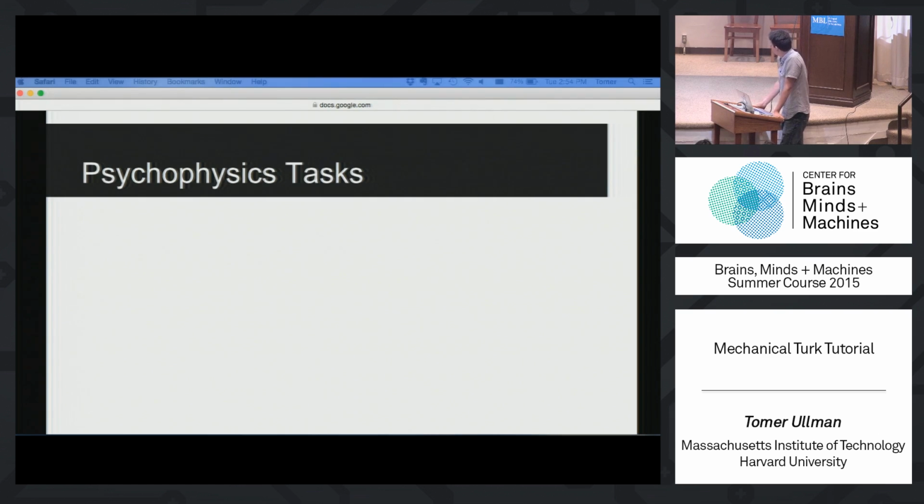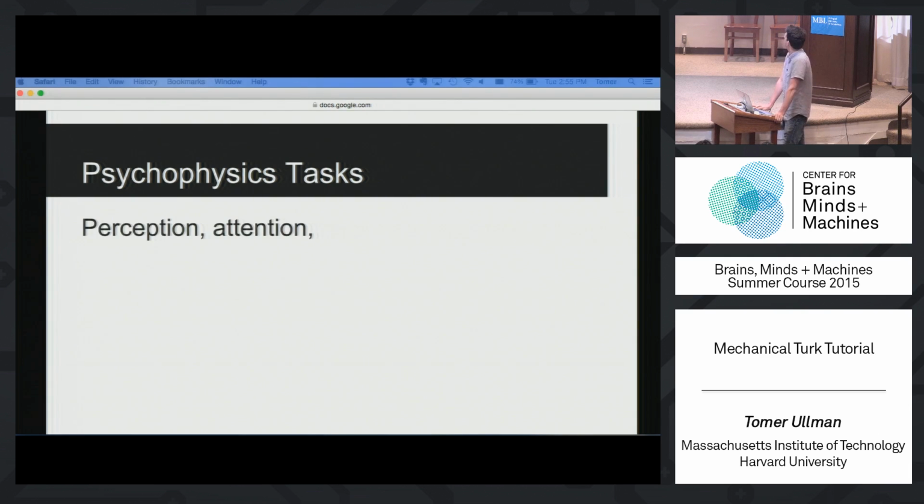But there's also psychology, psychophysics, the sort of thing that you would bring people into the lab to do, but you don't want to do for various reasons. So the idea is you could collect a lot of people responding to stuff on the screen. Exactly the sort of thing that you would bring them into the lab and measure something that they're doing to a screen, you could just have them doing that to the screen at home or wherever it is that they're doing this thing.